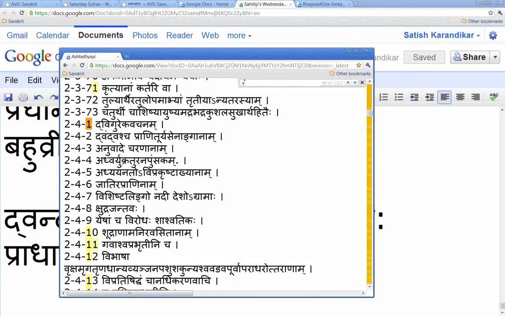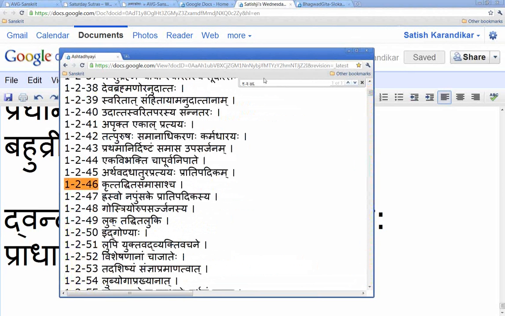He does something very ingenious: prathama nirdishtam samase upasarjanam. Again, this is all going to come in detail, so don't worry right now, just understand some basic ideas. We're going to apply these all year long. Any compound you make, you will of course decide which one goes first and which goes second. How do you know which one to put first? It's a fundamental question, and this is the way Panini does that.